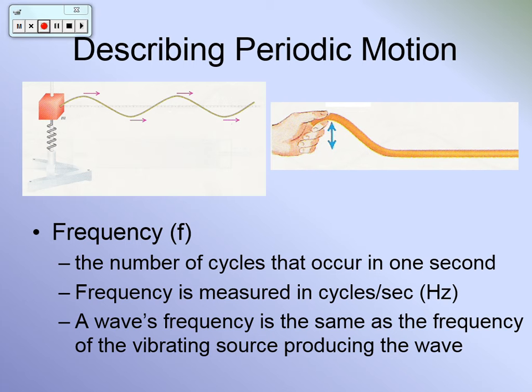So, in my hand, I have a tuning fork. Okay? A tuning fork is used to produce sound of a consistent frequency. So, when I hit the tuning fork, that causes the arms of the tuning fork to vibrate back and forth. Okay? You couldn't see that in the video, but I don't know.